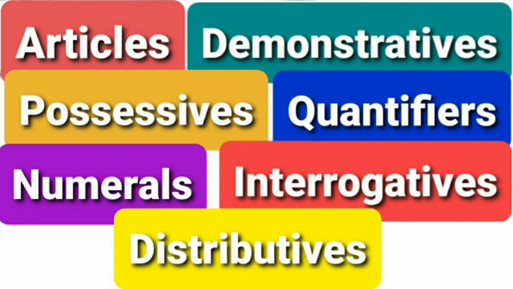First type, articles. It is definite and indefinite. First, we will see indefinite, it comes an and a. And definite, the. Okay. An and a are used for a singular noun beginning with a vowel. And the is used for a particular specific person. We'll go next.